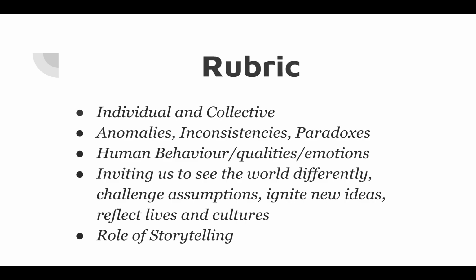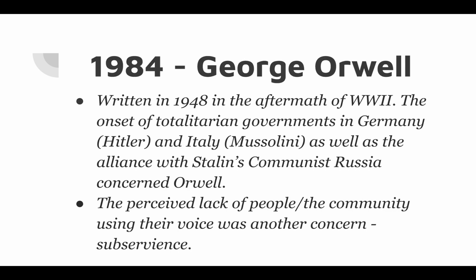And obviously the last one there, the role of storytelling, and that comes down to the composition and that comes back to Orwell. So, a little bit of context, really simple stuff. He wrote this novel in 1948, obviously just after World War II had finished in 1945. In that time in World War II, we saw this huge rise of totalitarian governments with Hitler and Mussolini in Germany and Italy, respectively. But interestingly, England, which Orwell is English, was in an alliance with Russia,